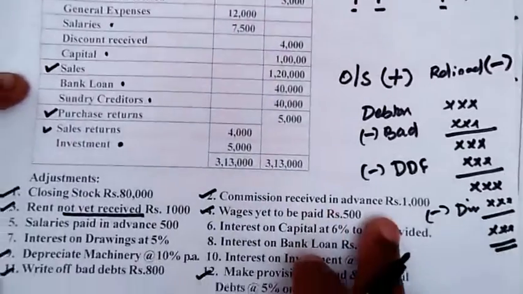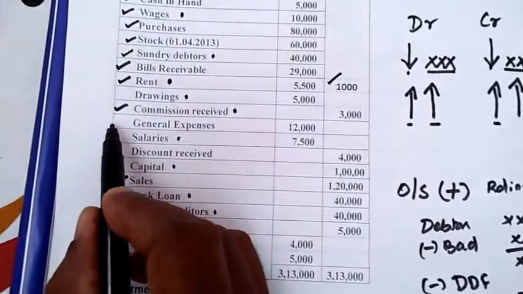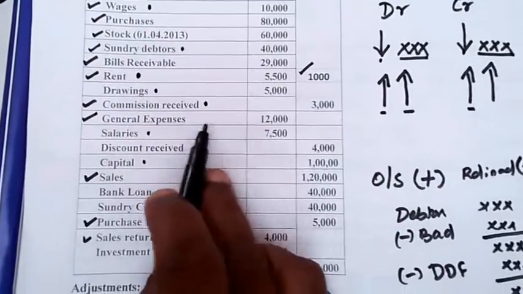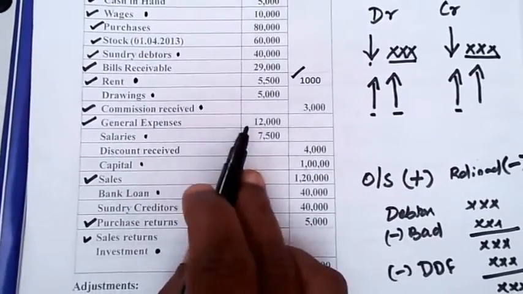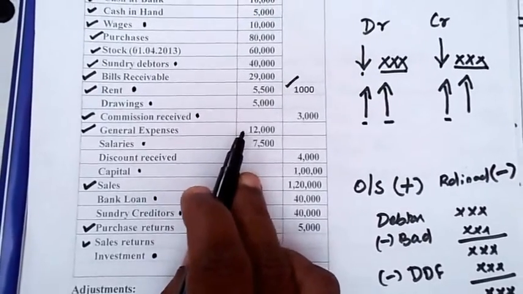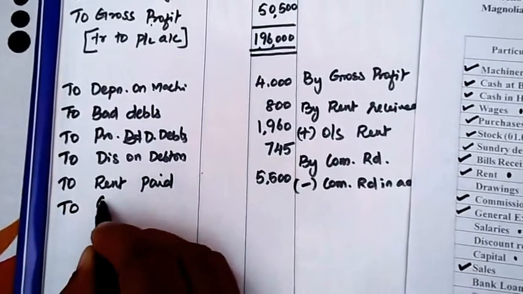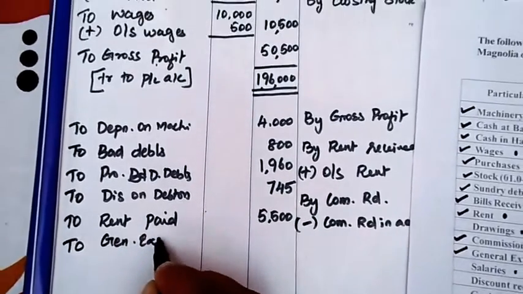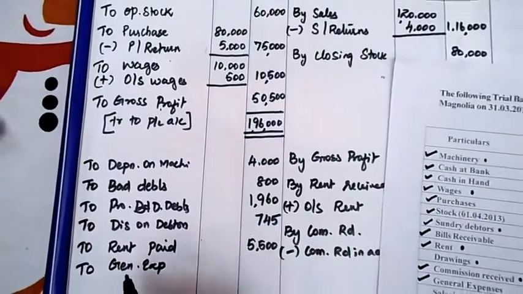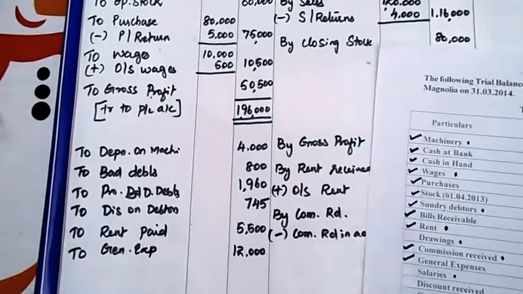Now see the problem. You have entered commission received. Next one is general expense. For general expense there is no adjustment regarding this. Directly you can enter this amount under profit and loss debit side. To general expense, how much? 12,000 rupees. Outer column 12,000. Next,